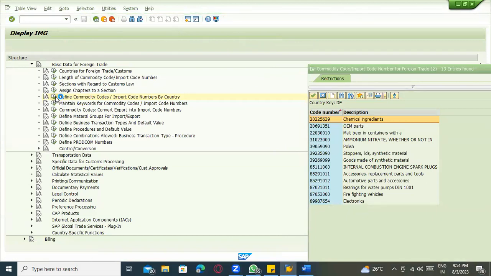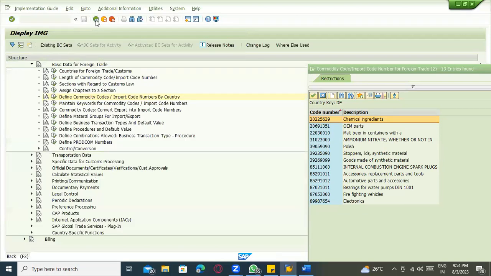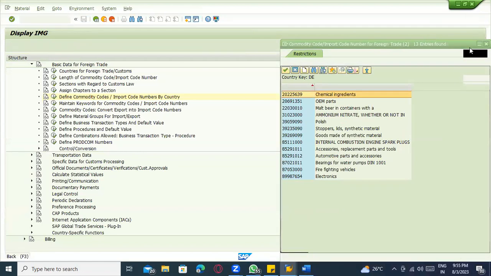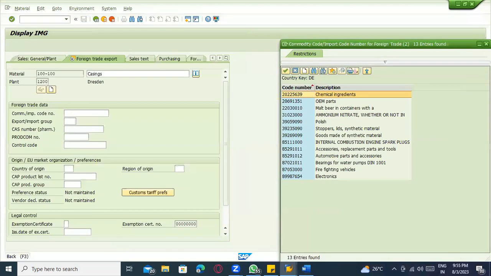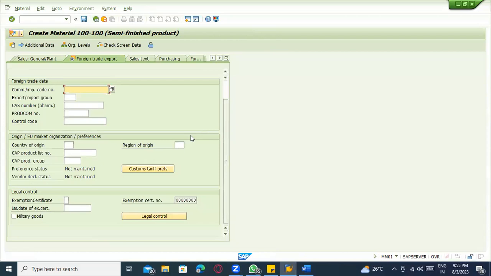That is not the HSN code we were talking about. So this is actually the commodity and employee code number. Generally, we maintain this for the HSN codes and all. But again, your procedure might be maintaining it differently. Generally, the HSN code will be either the chapter ID or it may be your maintaining company code. Earlier, the HSN code had a separate field here, but it is not there here.